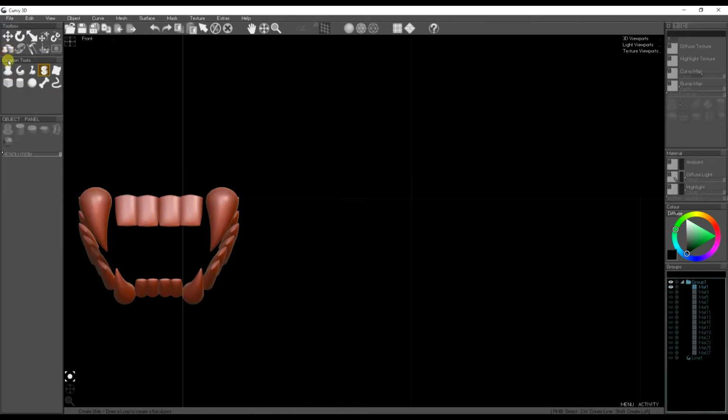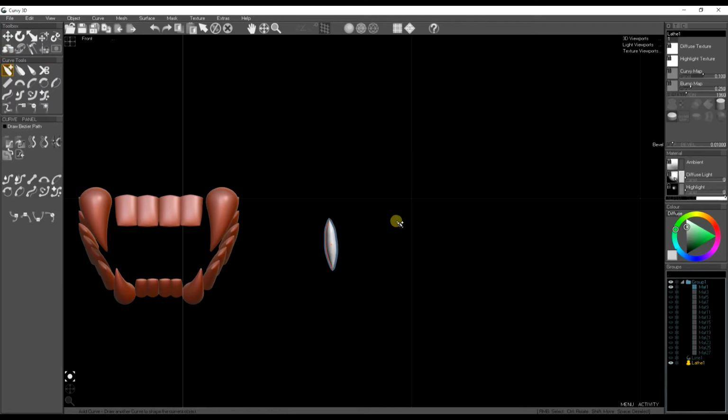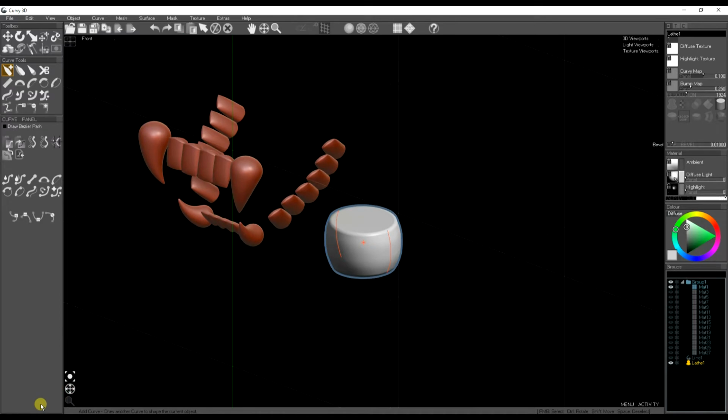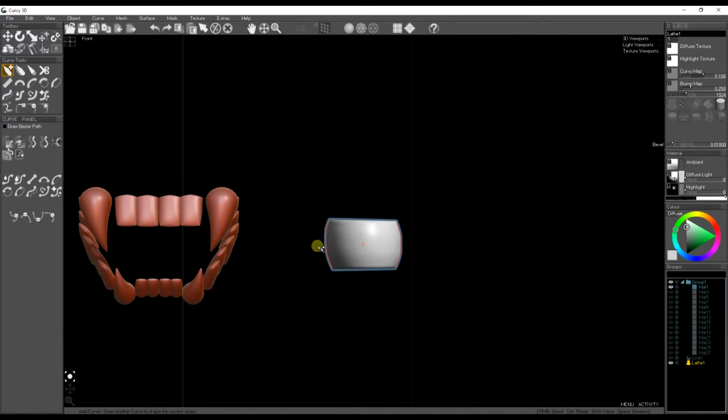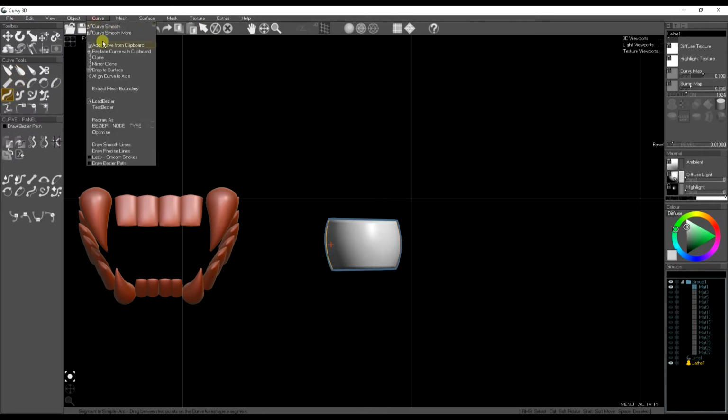For the squarer teeth, I'm going to use a lathe object, but we don't want a rounded shape. The default lathe with two curves will make a completely round shape. If we add another curve by cloning one of the side curves using curve clone,